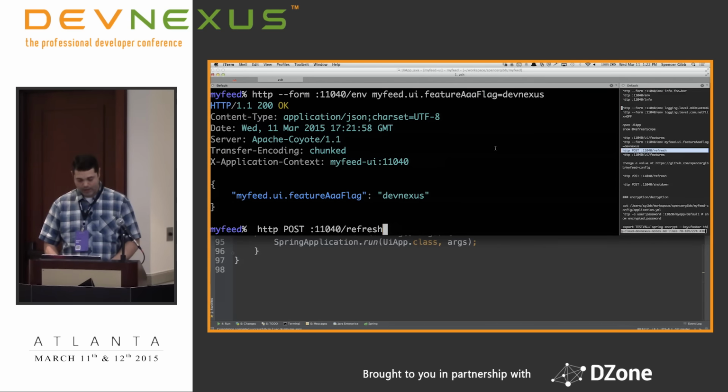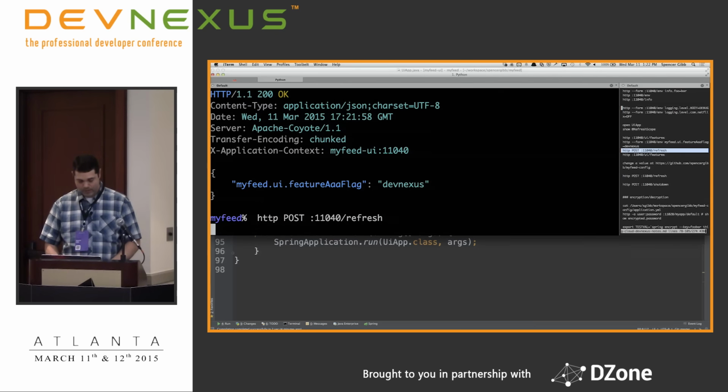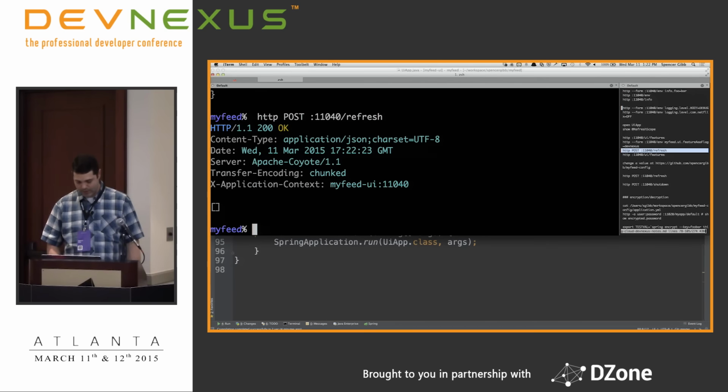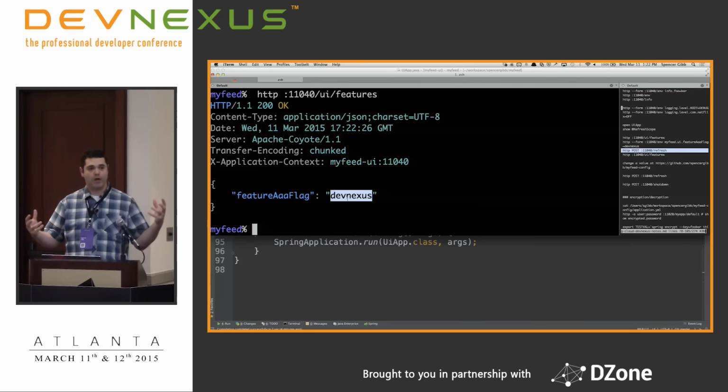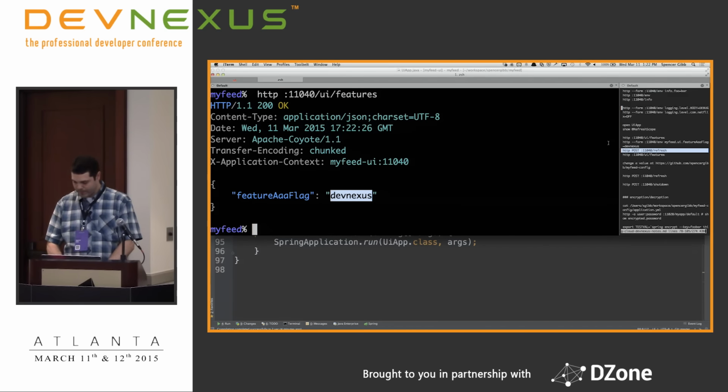If I hit that, it takes a second because the Spring context is refreshing. That's allowing that property to be updated. Give it just a second, and then if I hit this feature flag again, you can see that it's now got the new value that we added. So you can respond to these dynamic changes in your environment.